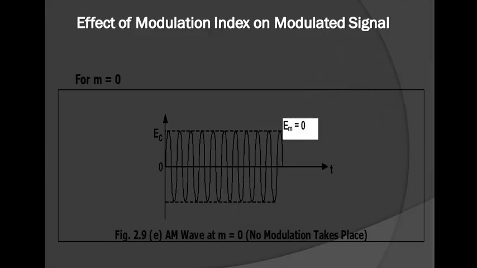In the next class we will be seeing DSB-SC and SSB signals, to overcome the drawbacks we had in amplitude modulation. These can be overcome by using double sideband suppressed carrier modulation, and then again we will be seeing suppressed sidebands.